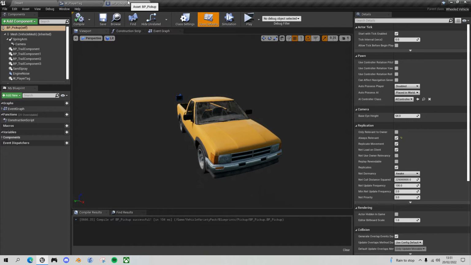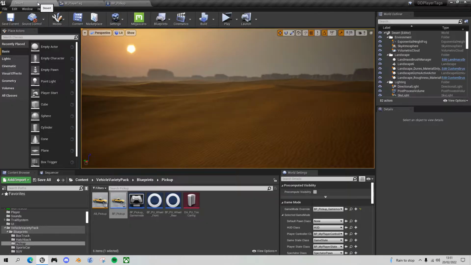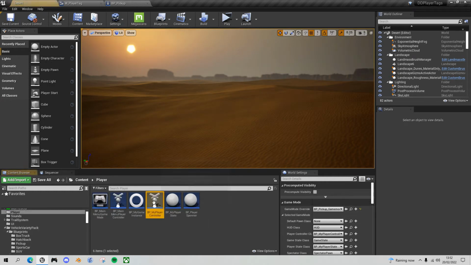Now what we want to do is populate that player tag with the player name. So to start off with, I'm going to first of all think about what I'm going to do. When I spawn the vehicle in the player controller on the server, I then want to tell the server pawn to update the player tag, and that server pawn then wants to tell all of the copies of itself to update the player tag. So with that in mind, the first thing we need to do is go to the player controller, open that up,